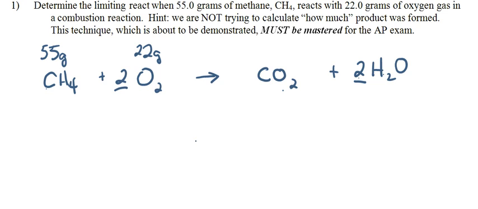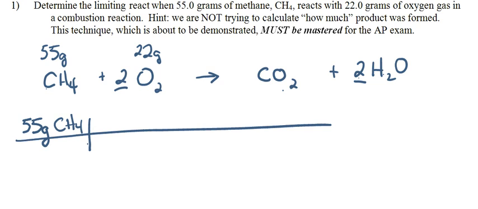All right, so pick one. And I'm going to start off with methane since it's written first. Doesn't mean it's a limiting reactant, but I'm going to start with that one. So step 2 is to change what's given. So I've got 55 grams of methane, and I need to convert that to moles. So in 1 mole of methane,